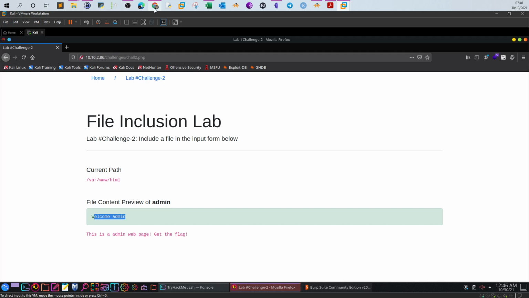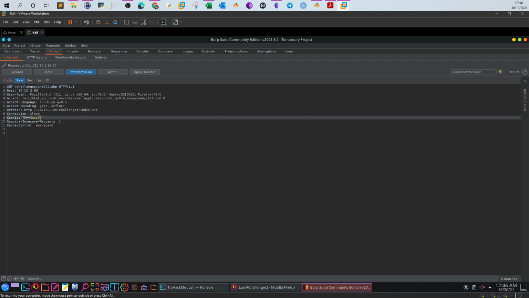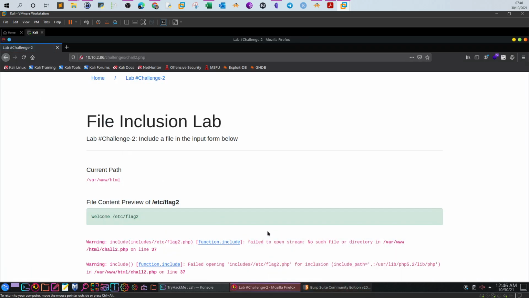So what we can do now, we can refresh the page one more time and take a look at the request. So again, we are guest. Let's now try to access /etc/flag2. Let's take a look at the error message. So we are under /var/www/html. The challenge file is chal2.php, which includes a function, the include function, which retrieves the files from the includes directory. As you can see here,